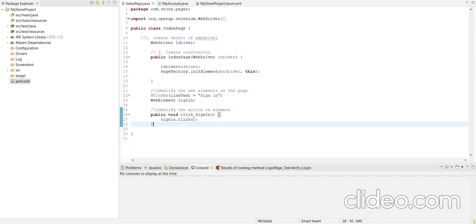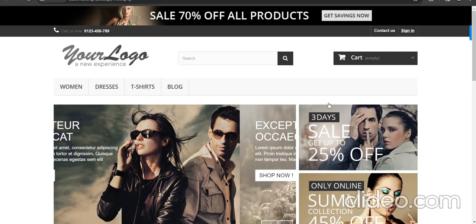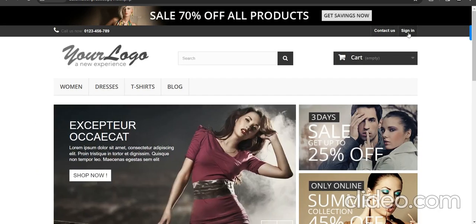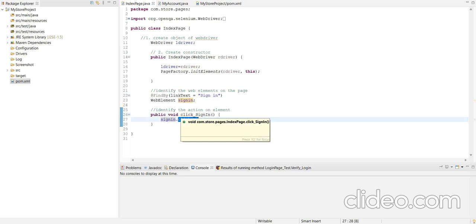After locating this sign in button, we have to perform the click operation on it. For that, we have created one method, click sign in, and with the help of this web element we perform the click. Click is a method of the WebElement interface.